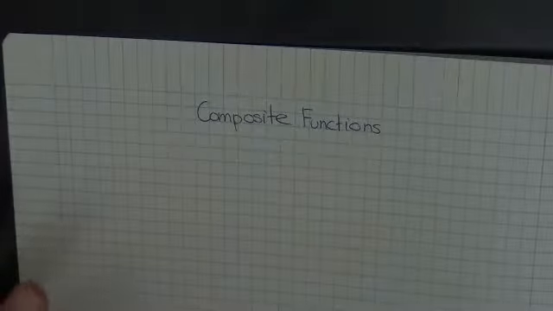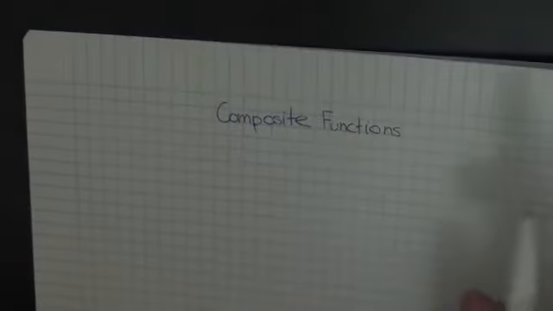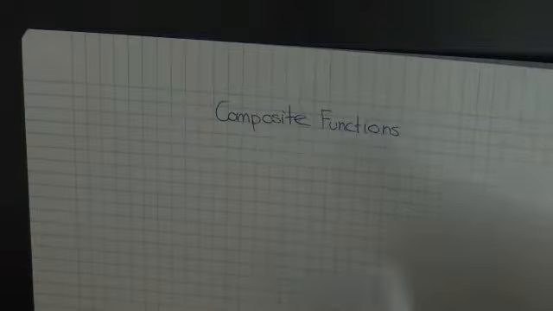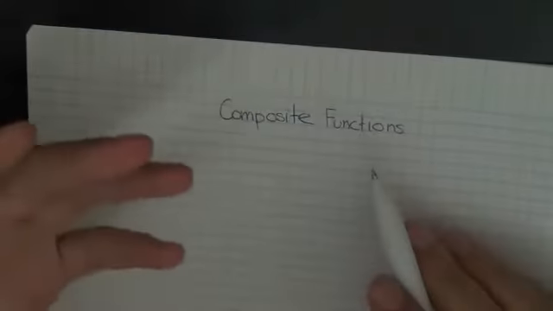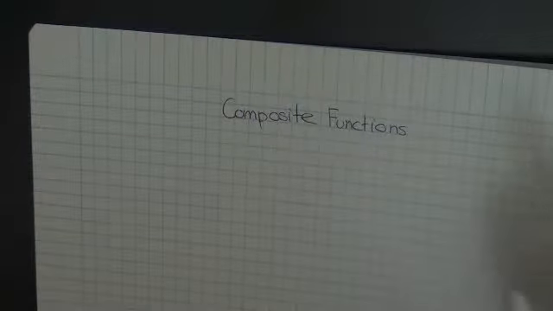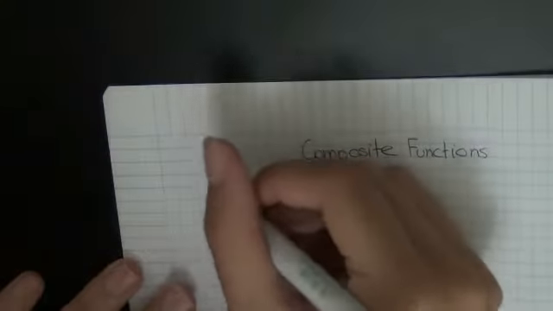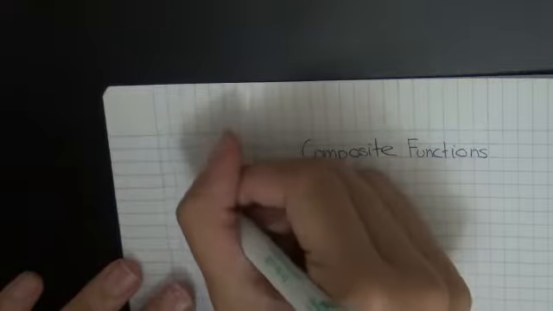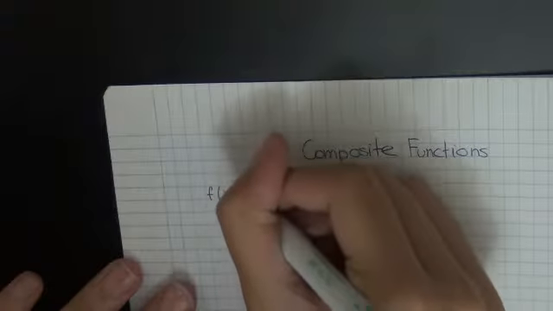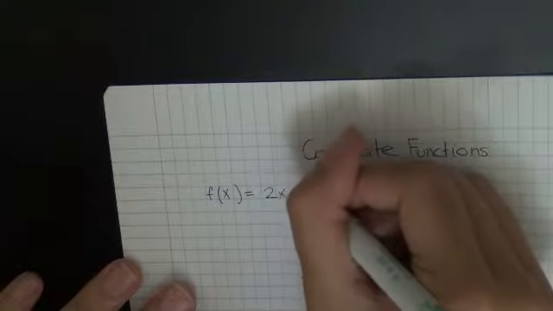So in this video, we're going to learn what composite functions are. Composite functions are when one function is applied to the result of another. For example, if you had f of x, which equals 2x plus 3,